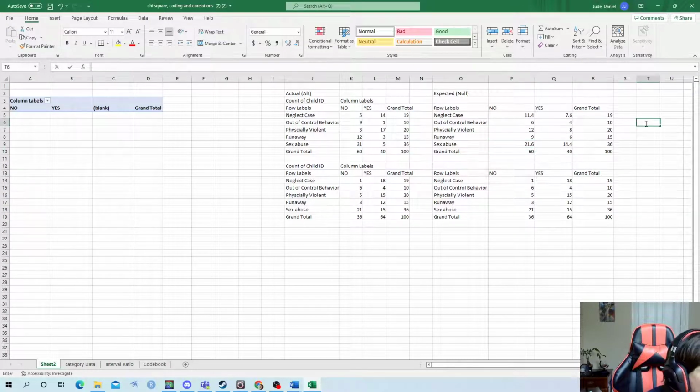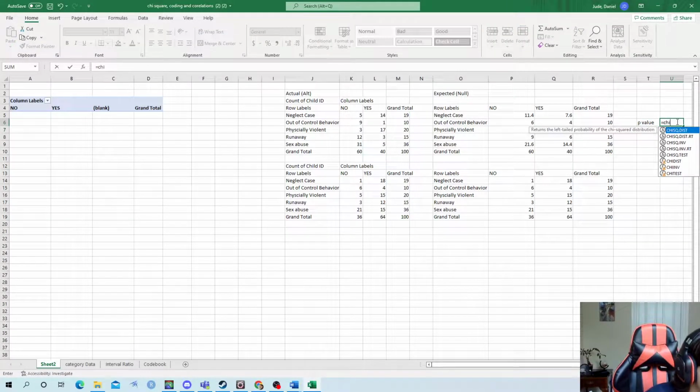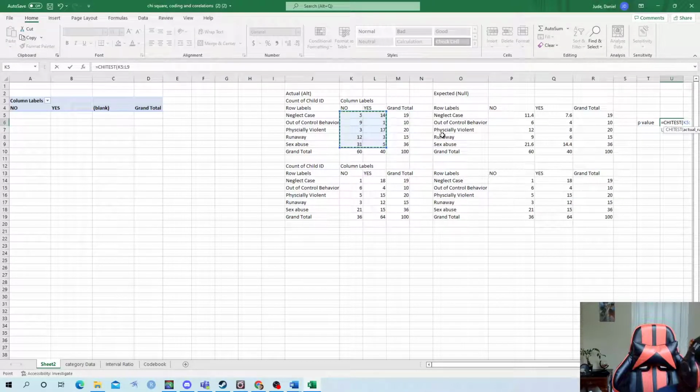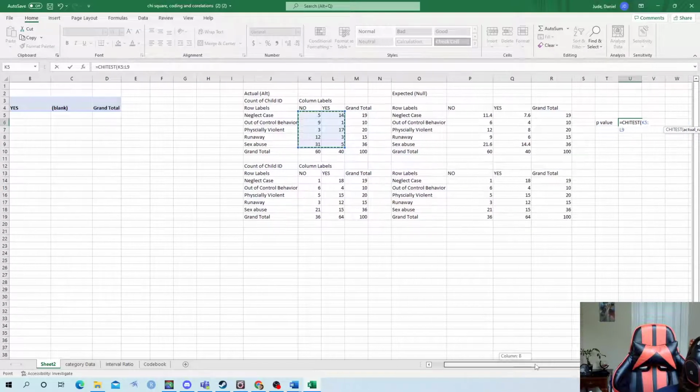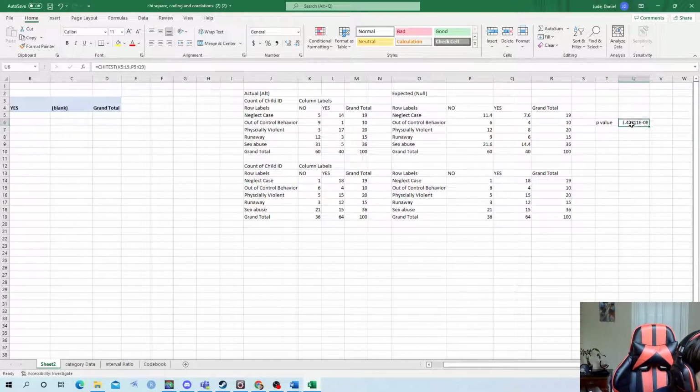And then we're going to calculate our p-value. So equal CHISQ.TEST. Highlight everything but the totals. It's actually asking for the actual, which is your alt. And then it's going to ask for expected, so everything but the totals. Enter. And you're going to get this really, really small number. I wonder if I stretch it out, will it show in non-scientific? It won't. But anyway, remember a scientific number